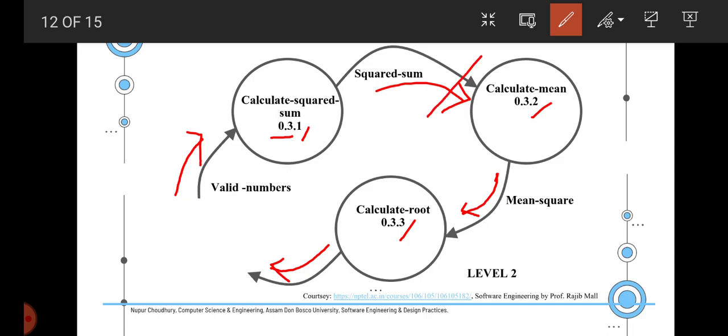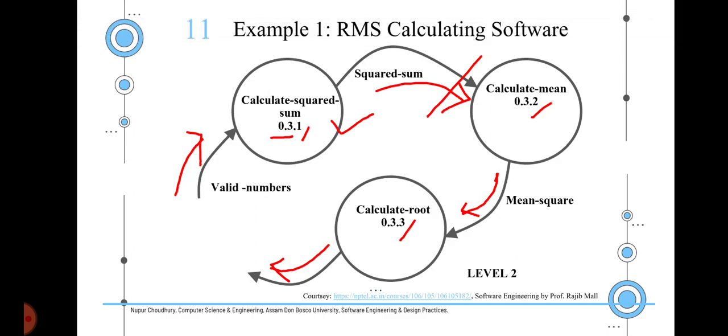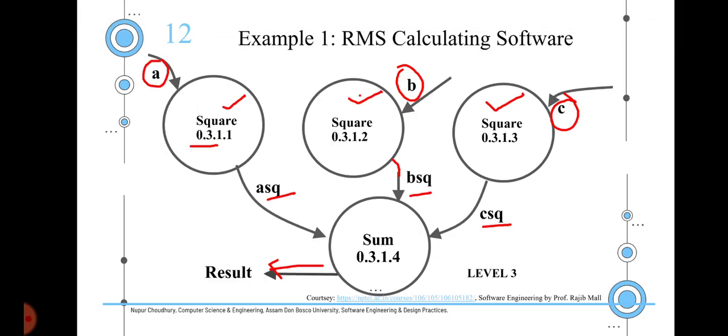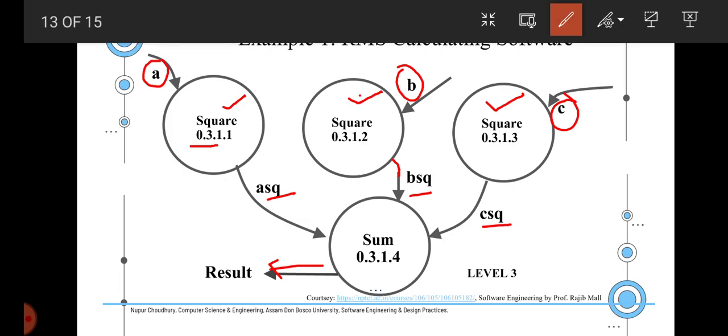So we decompose the calculation of squared sum process into its further sub functions or sub modules, which is 0.3.1, 0.1, 0.2, 0.3, 0.4, and finally we display the result. So this is how we go on decomposing each of the